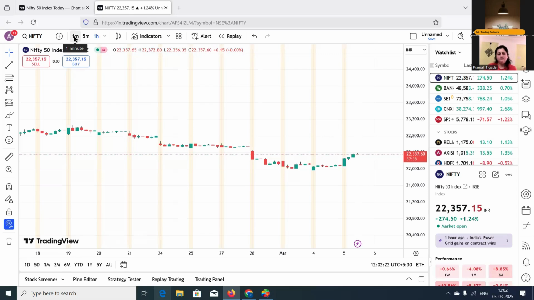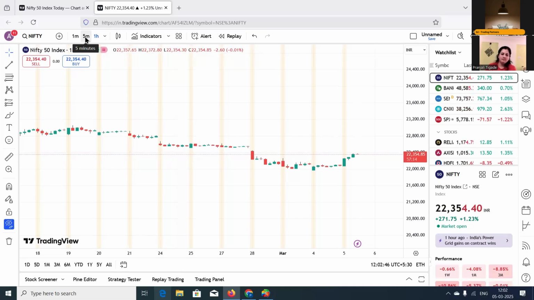So for a scalper, your trading time frame can be 1 minute and 3 minutes. For a day trader, your trading time frame can be 3 minutes, 5 minutes, 15 minutes. And for a swing trader, so swing trader is a trader who can hold his trades for some hours or for some days. Okay.